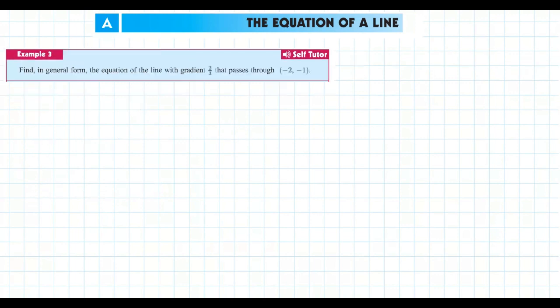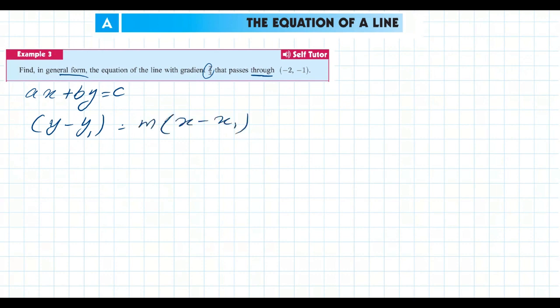What about this question? This is a critical one. The third example: find in general form, yes, this is the general form, ax plus by equals c, the equation of the line with gradient 2 over 3 that passes through this point. Here I can use this form: y minus y1 equals m times x minus x1. And this is x1 and this is y1. After that, y minus, and focus on this step, y minus negative 1 equals m, which is 2 over 3,